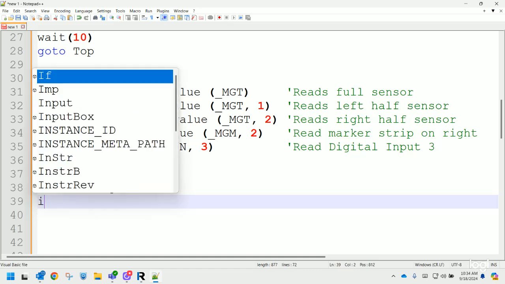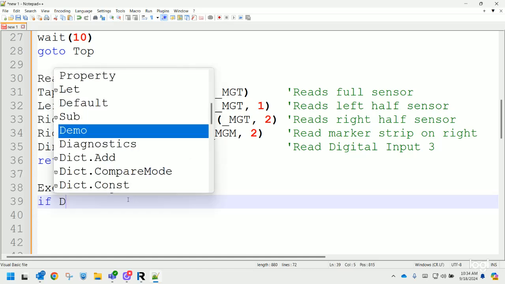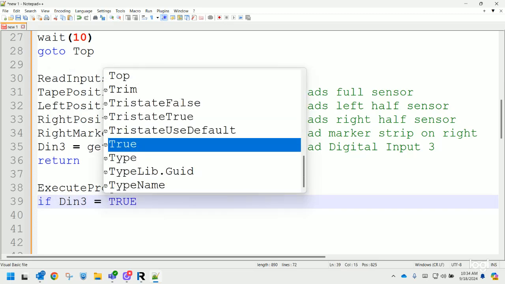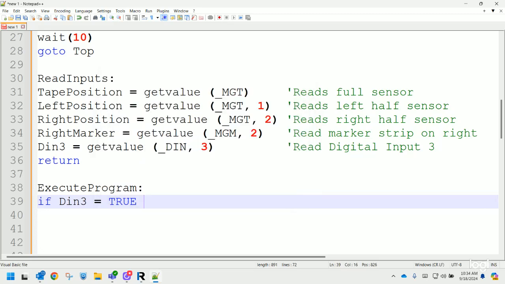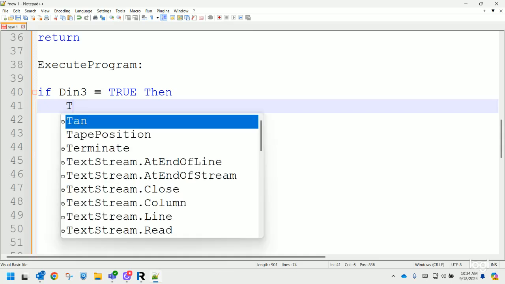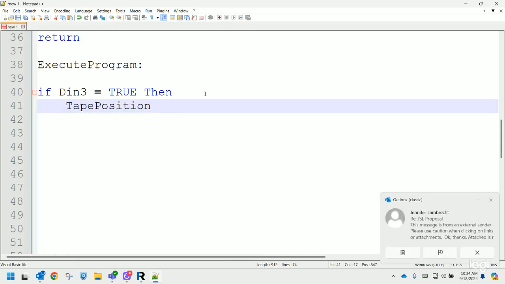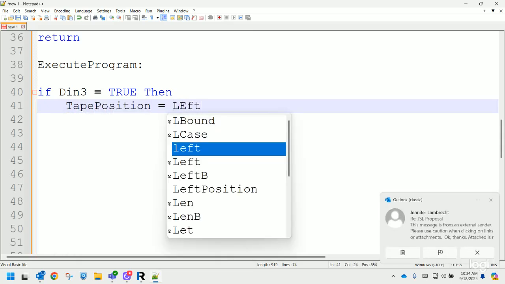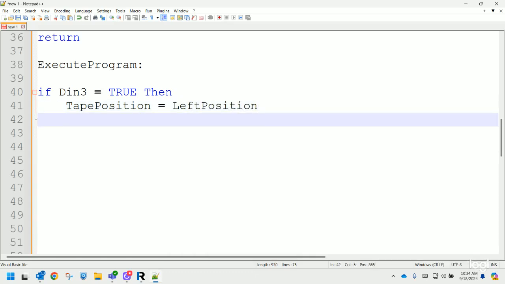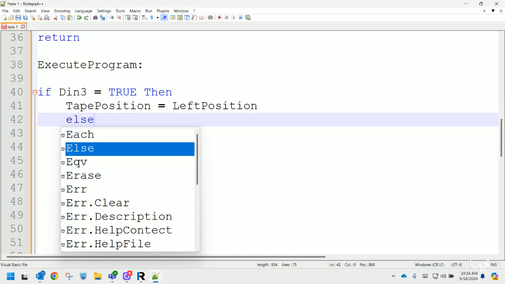I'm going to say if DIN3 equals true. Okay, so this is going to be a conditional statement. So it's going to be an if then. I'm actually going to put a little bit of a space in between here. If digital input 3 equals true, then what I'm going to say is tape position equals left position. And I'm good. Else,